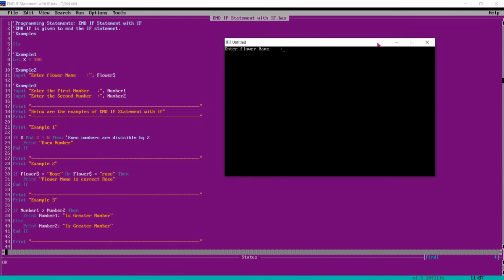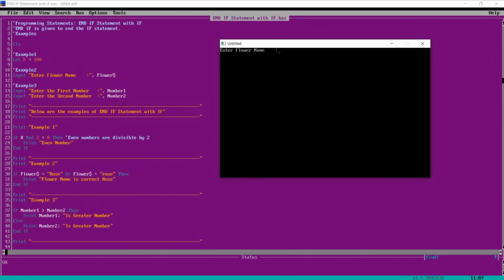First it is asking, because for the first example we have already assigned the value to the numeric variable, enter the flower name. If I enter rose, then it will ask for example 3 number 1.